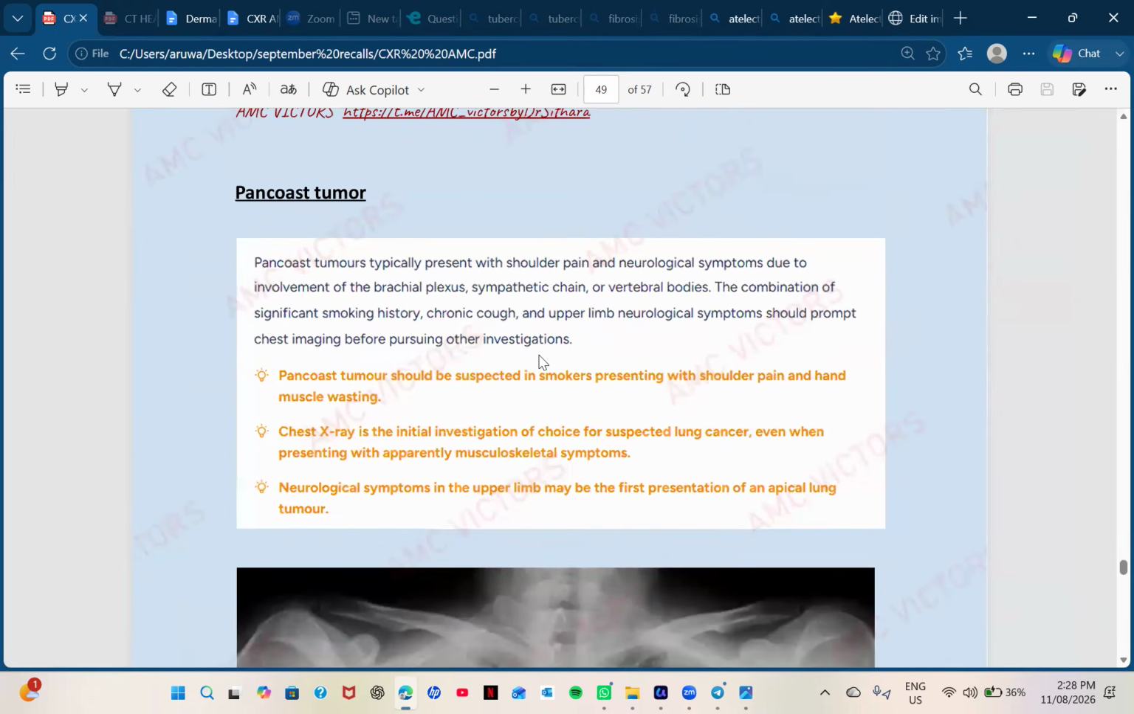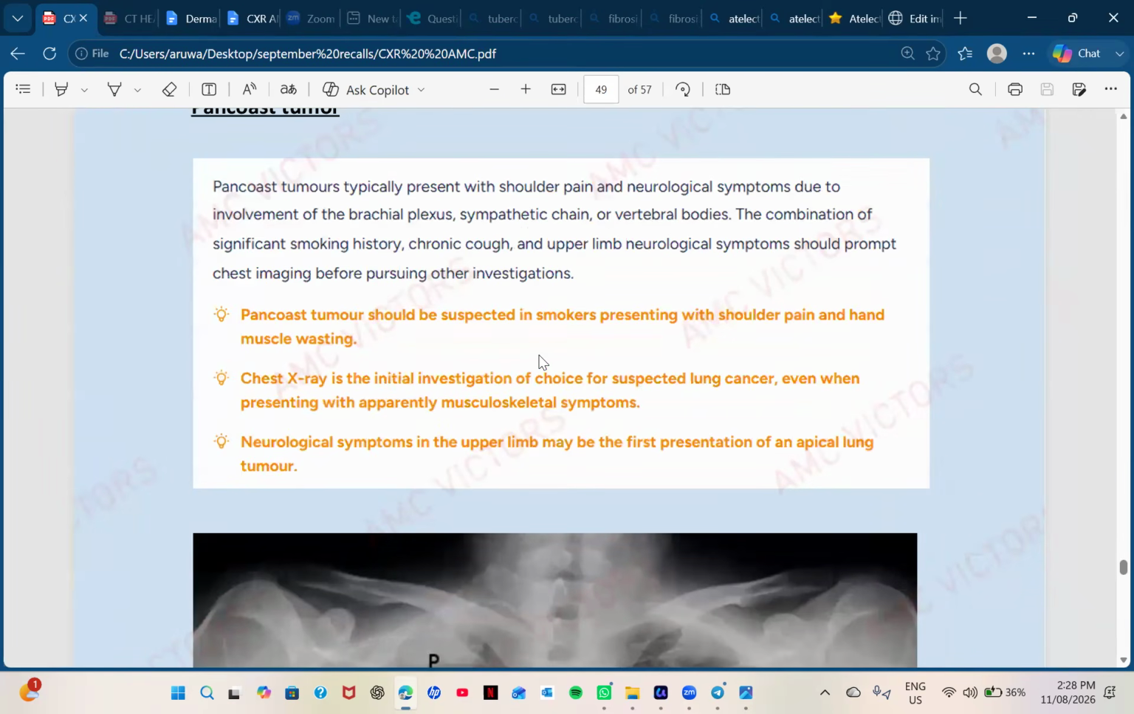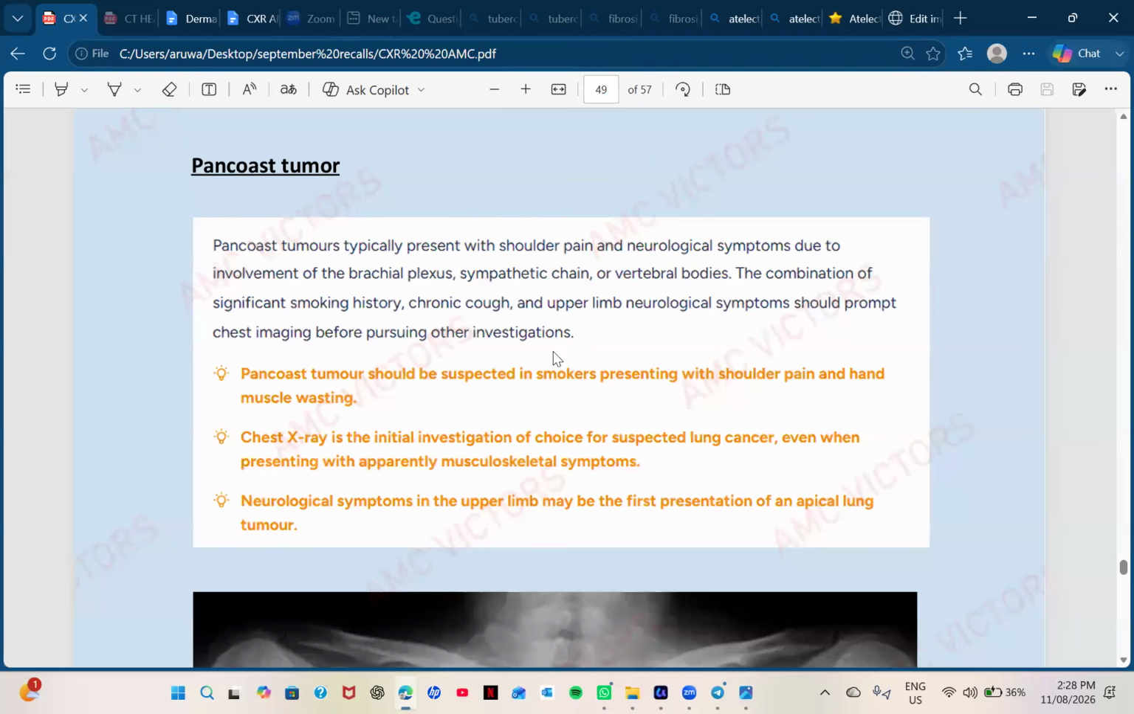Okay, how does a Pancoast tumor present? Pancoast tumors typically present with shoulder pain and neurological symptoms, right? Due to the brachial plexus involvement and the sympathetic chain of vertebral bodies. The combination of significant smoking history, chronic cough, and upper limb neurological symptoms should prompt chest imaging before pursuing